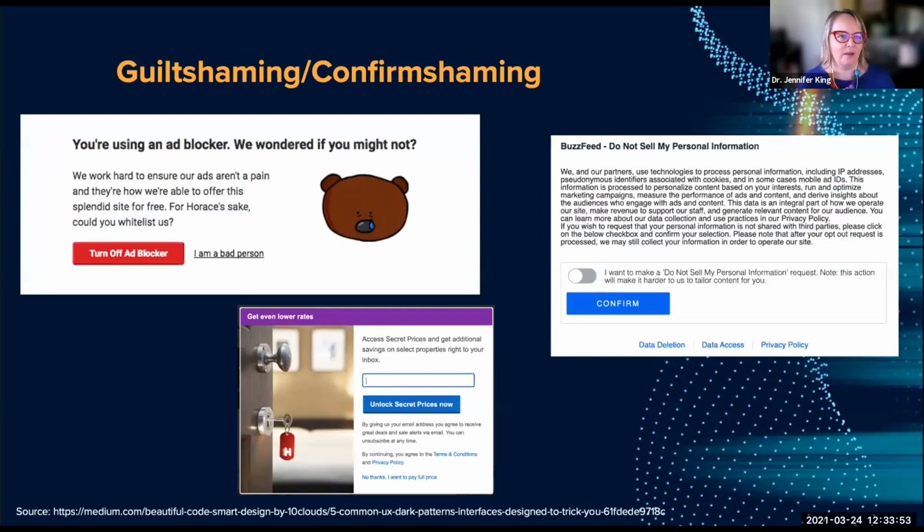Next, we have the dark pattern that we call guilt shaming or confirm shaming. This is essentially working on your sociability, meaning that it's trying to make you feel bad about turning the company down. The first one, with the bear face, gives you the choice of turning off ads or saying, I am a bad person. You might laugh, it's pretty obvious, but I even find that sometimes when I turn these down, having to read "Are you sure you want to do this? Are you positive?" can often have the effect of making you rethink it for a moment and go, gosh, do I really want to?